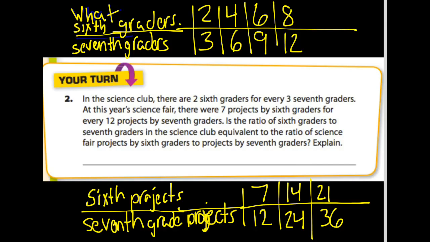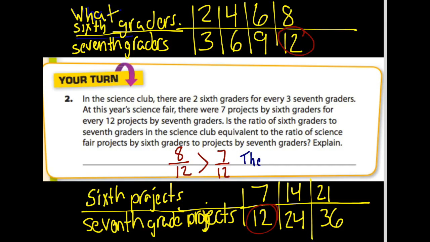So when I look at these numbers and I see if they're equivalent, I see a 12 in the denominator spot and a 12 in the denominator spot, but I see two different ratios. I see 8 to 12 and I see 7 twelfths. 8 twelfths is greater than 7 twelfths, so it's not equivalent,